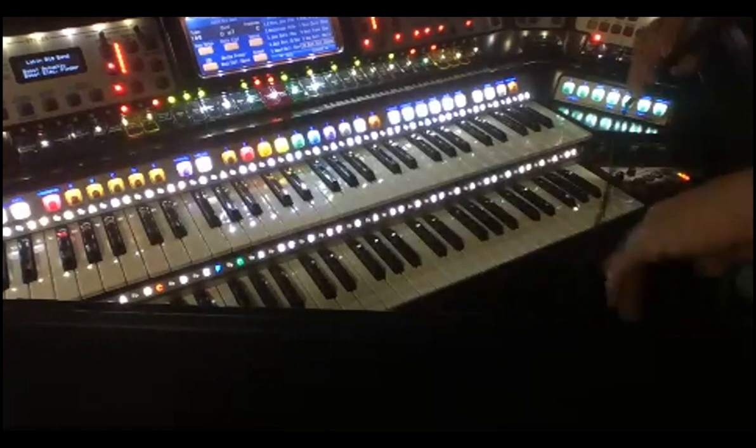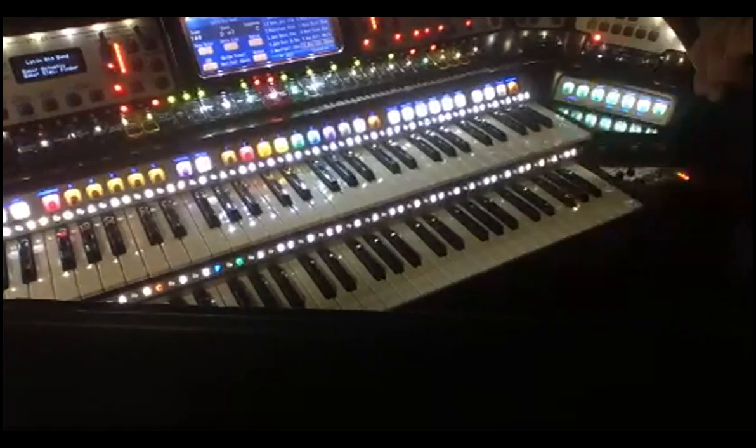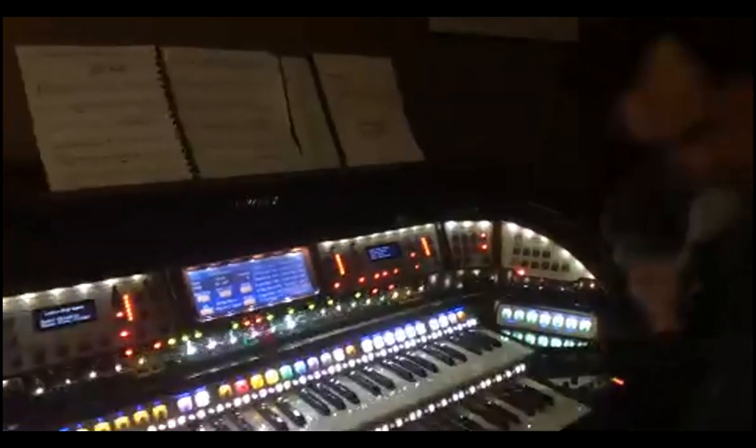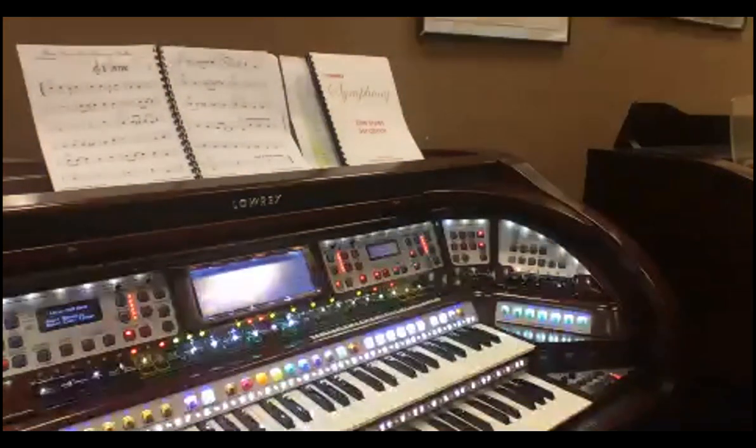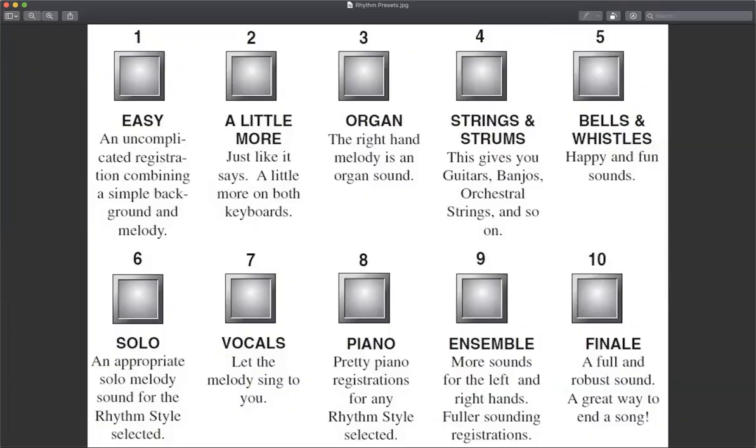So did you notice all those sounds weren't organ sounds? They were, let me turn the light back on, I'm scaring myself. They were sounds from the orchestral in your solo section. So organ rhythm preset is one of those, if you have that button on your instrument, organ rhythm preset